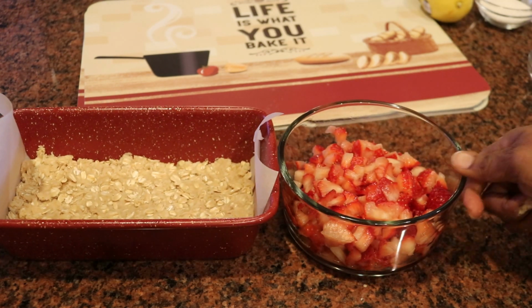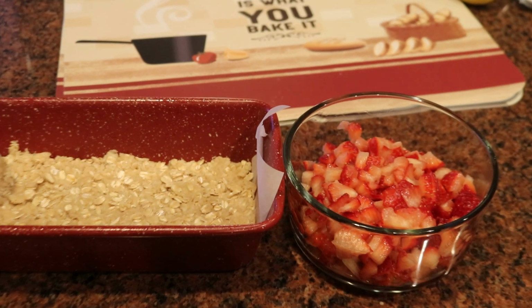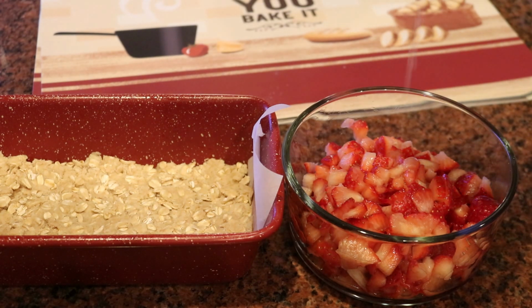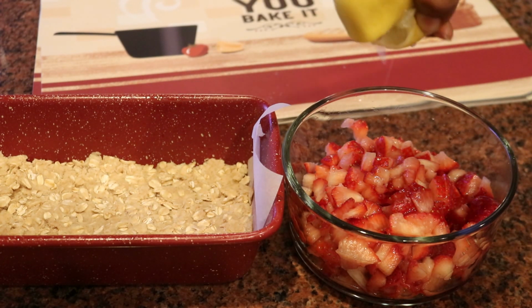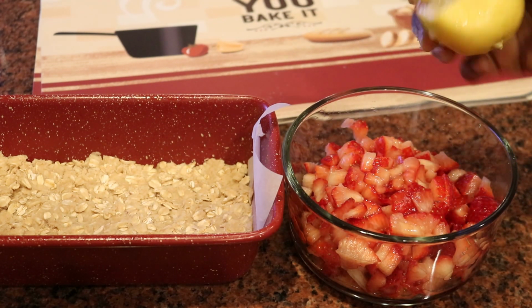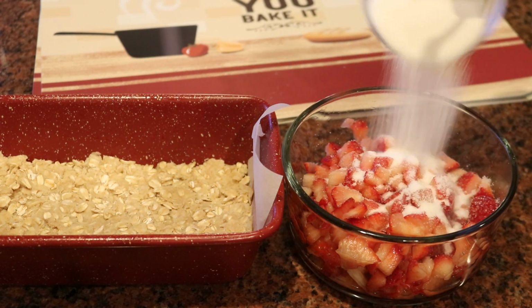Now that my base is in the pan, I'm ready to start on the strawberries. I'm going to recommend 3 cups of diced strawberries. I use 2 in this recipe, but I would have added an extra cup if I had known. I would like a little bit more of that filling. So 3 cups of diced strawberries, just a squeeze of a lemon, about 2 teaspoons of fresh lemon